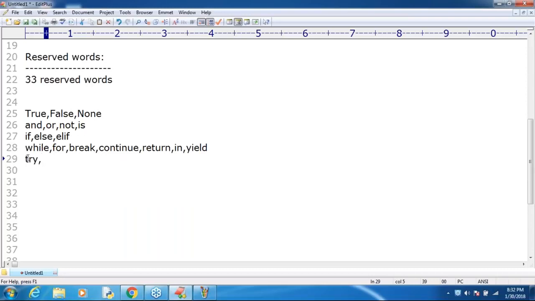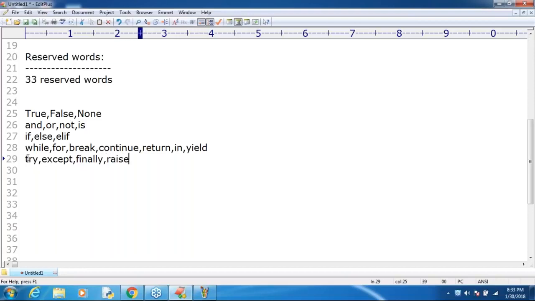So in Python, catch is not there. Instead of that, we have except. In Python, except means the catch block. Remember that. Try, except, and finally is there, but instead of catch we have except.